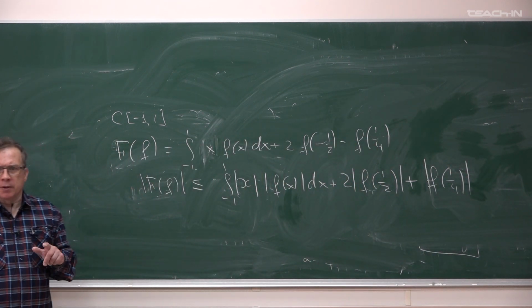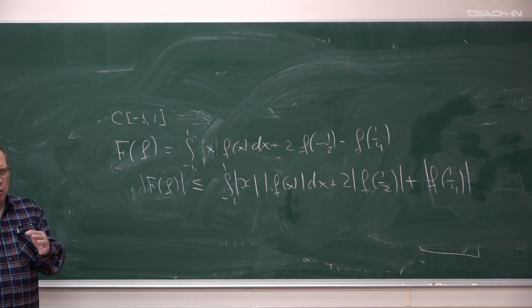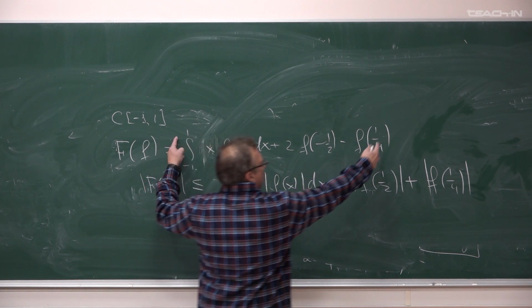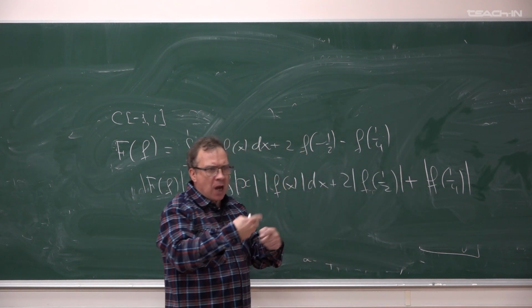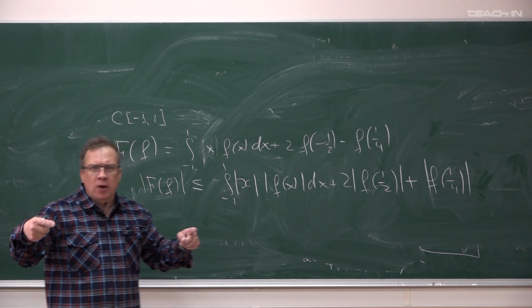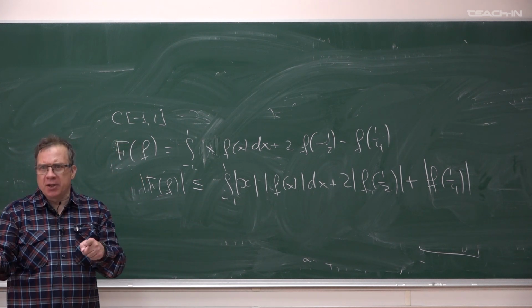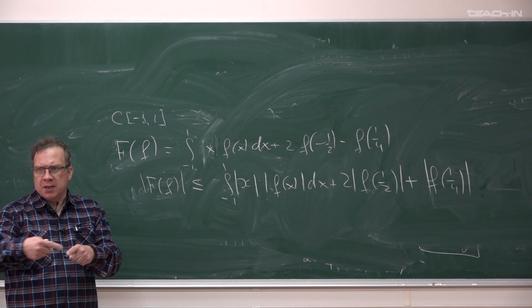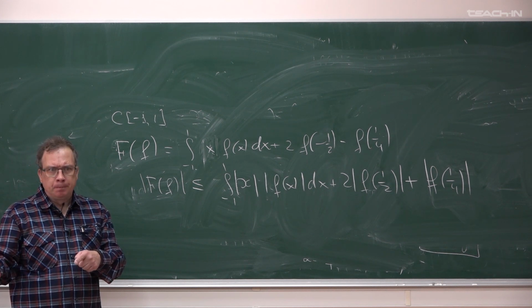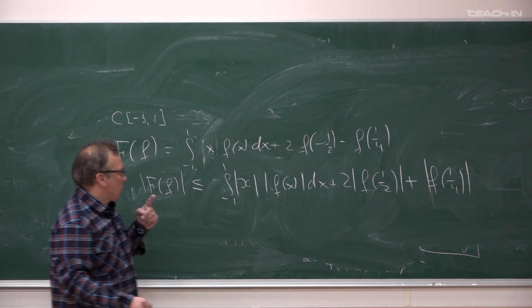If this step is clear, there are 3 steps in one. I put the absolute value of the whole sum change to the sum of absolute values, and then I put the absolute value of the integral as an integral of the absolute value. Any step gives us an inequality. Yeah? Good. So this is